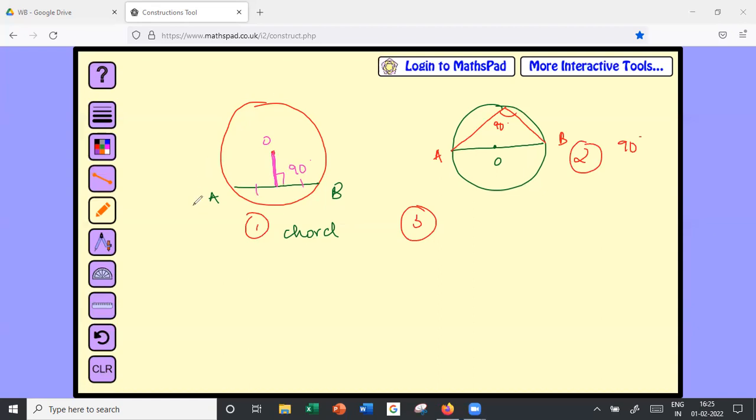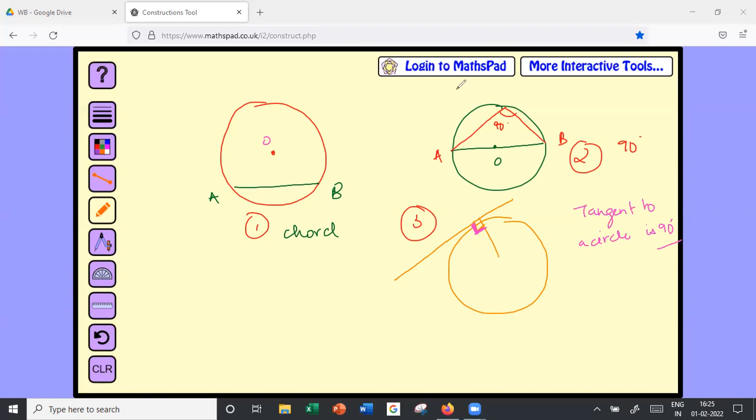Oh, sorry. My bad. Not this property. I taught circles to grade 9 and I got completely confused. The property you need to know is the tangent one. Whenever you're drawing a tangent to a circle, this angle is 90 degrees. Yeah, all the 90 degrees have gotten messed up in my head. Basically, a tangent to a circle is always perpendicular to the radius. Just remember these three properties for justification. That's it.